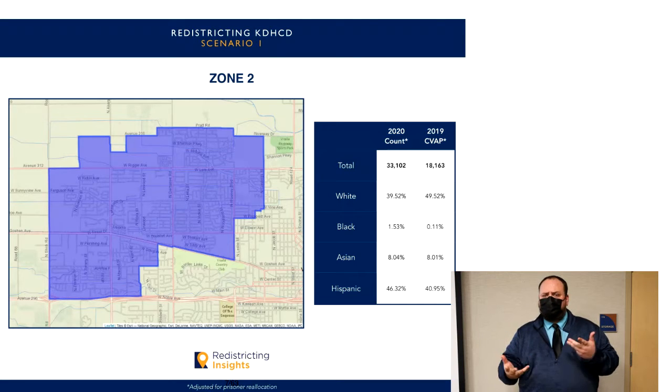Are there any questions or comments on this first draft? Again, one of the nice things about this Google map is that we can zoom in and drill down to specific lines, and you can see specific landmarks and different areas. So if there's a school or a park or any community of interest that you'd like to see the border of, we can look into that. Any questions on scenario one?